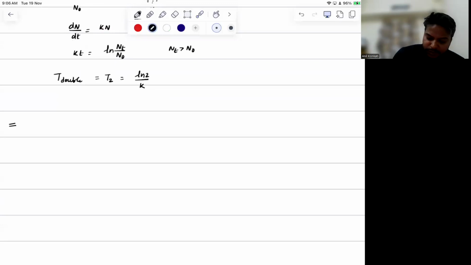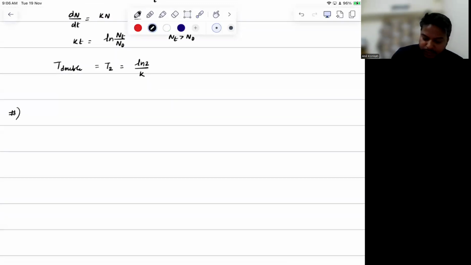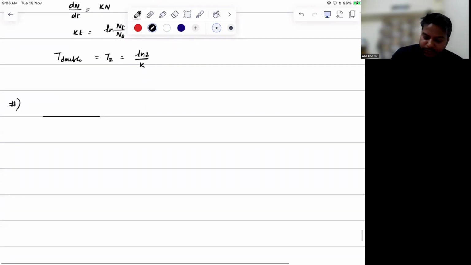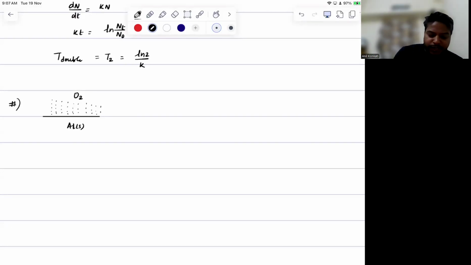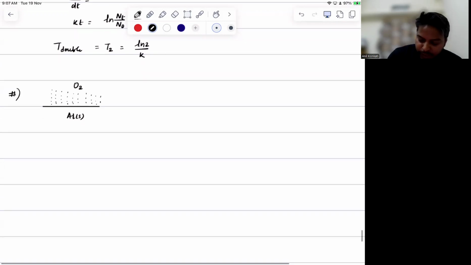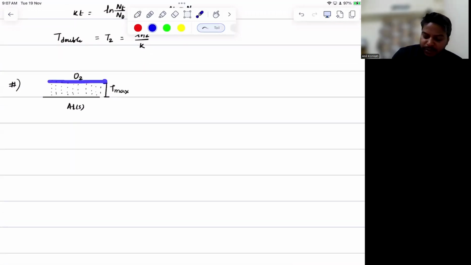Next application you would notice is how we have certain adsorption on a layer. Suppose this is an aluminum layer, and how much oxygen or any gas is getting adsorbed on the surface. Here, suppose this is O2 gas which is getting adsorbed, correct? Then what is the amount of surface of the layer which we have? So this I can write as tau. So tau max is the maximum amount of adsorption which can take place on